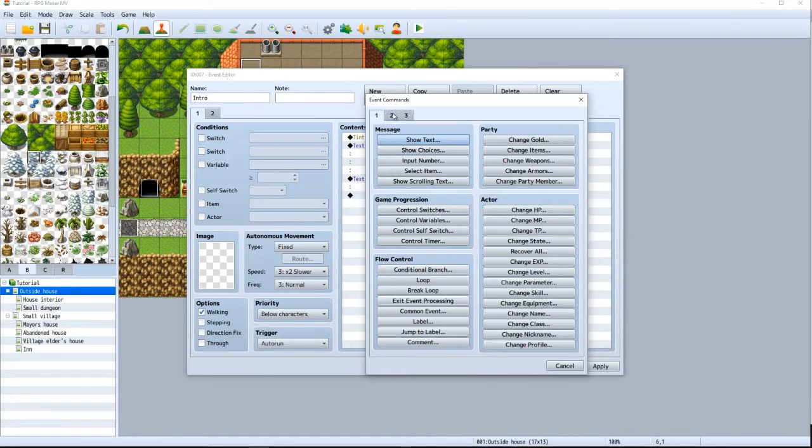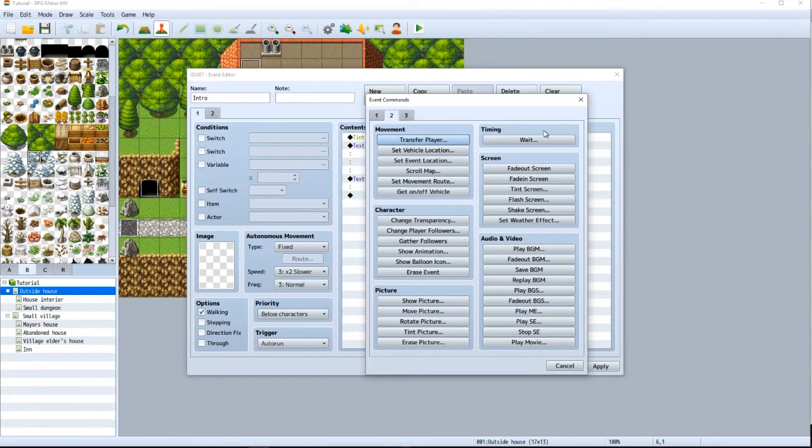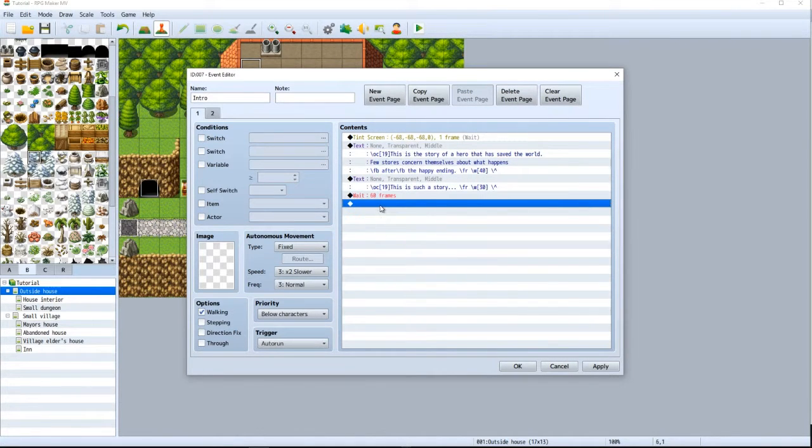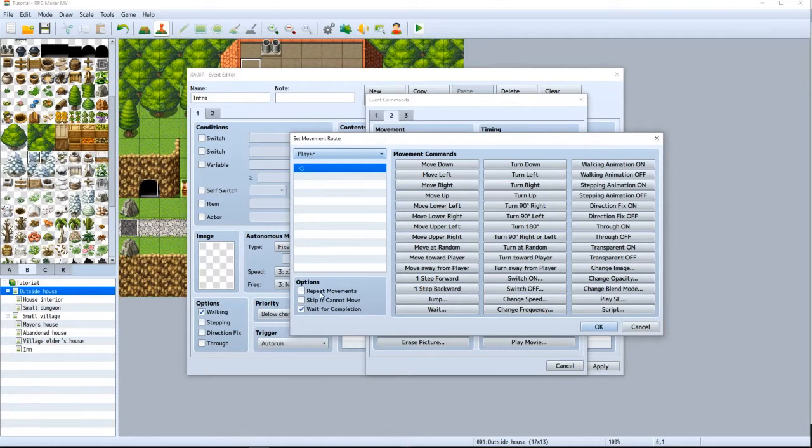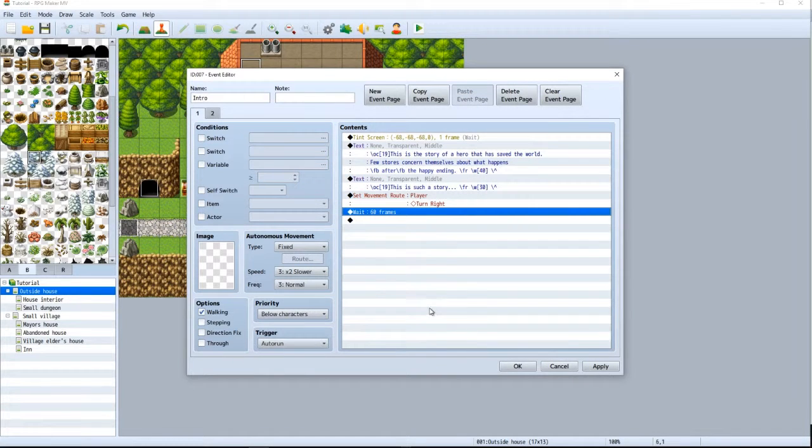And we're going to put in, second tab again, wait. Yeah, let's put in 60, that would be fine. Because then I also want set movement route, player. I want him to face right. Not move, but face. I put that before the wait because